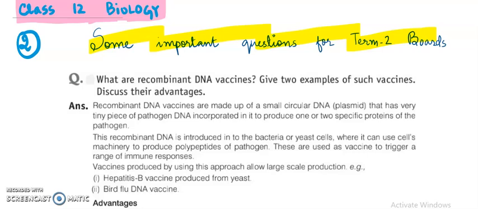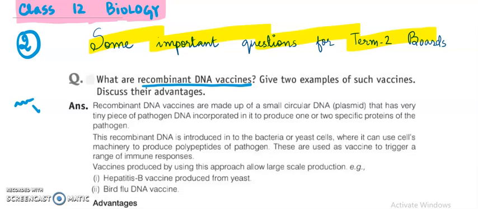Now here again I have picked a question and it is asking what are recombinant DNA vaccines? How are they prepared and what are they? Remember the concepts that were told to you in chapter number 11 that would be written here. Means we'll be picking the gene of interest of our choice. We'll be mixing it with the plasmid DNA and then we will introduce it in the host to get a protein. So that protein will act as recombinant DNA vaccine, and once it is inserted or taken, vaccines,